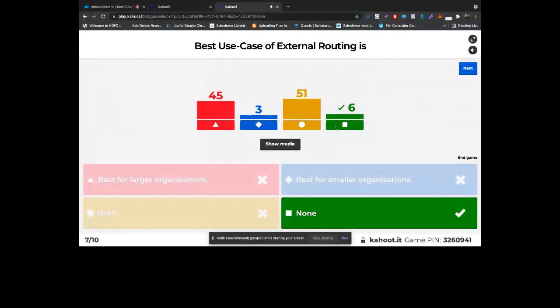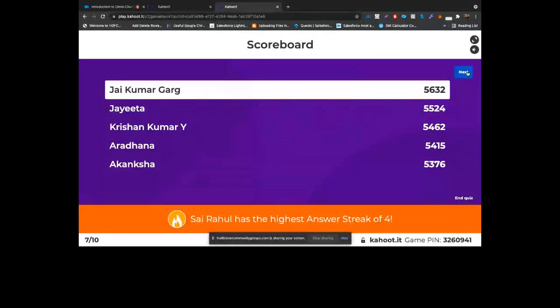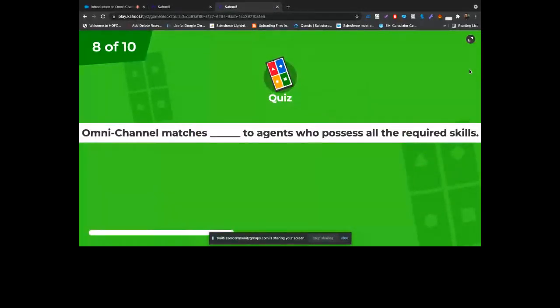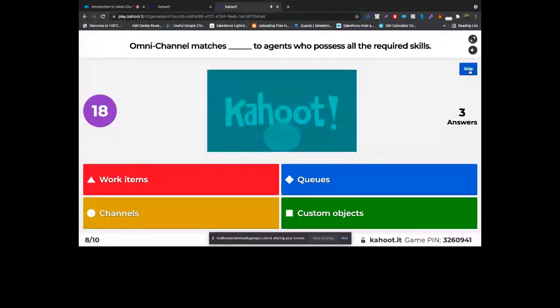Okay, so 6 people managed to answer it correctly. Okay, Sriram is at top, Jay is at second, and Jayata is third. Omni-channel matches dash to agents who possesses all required skills.